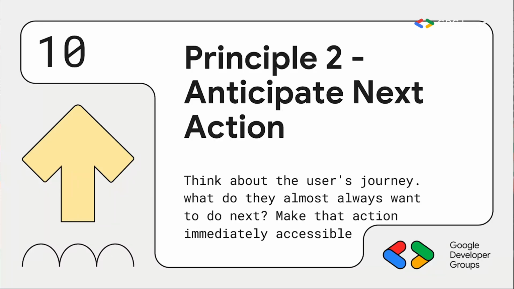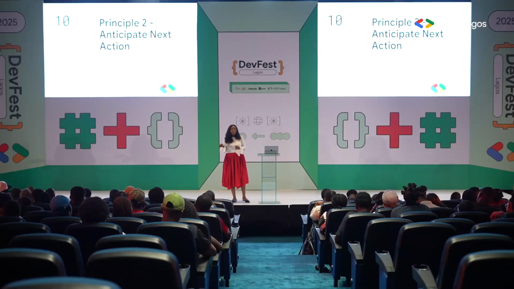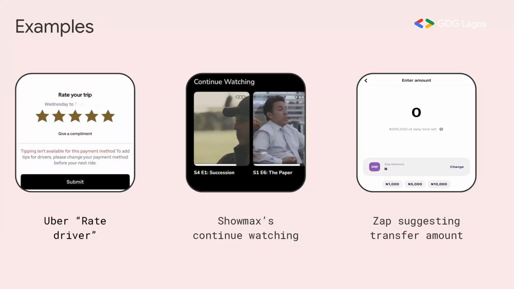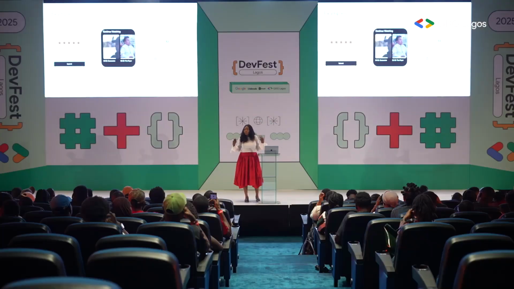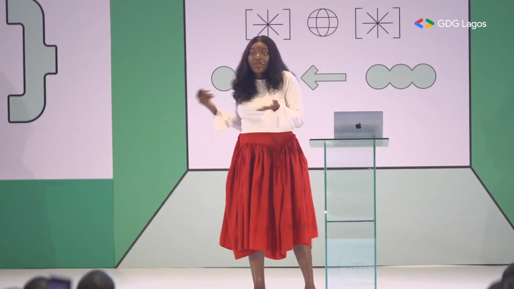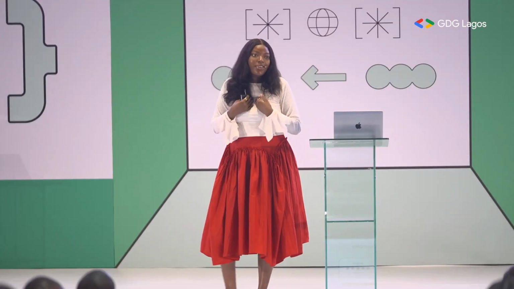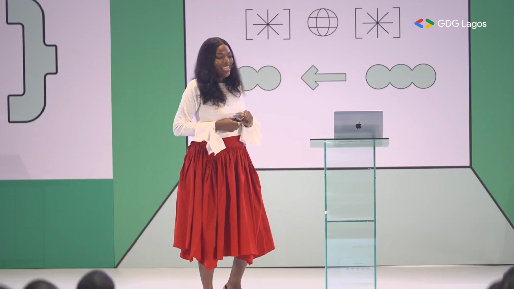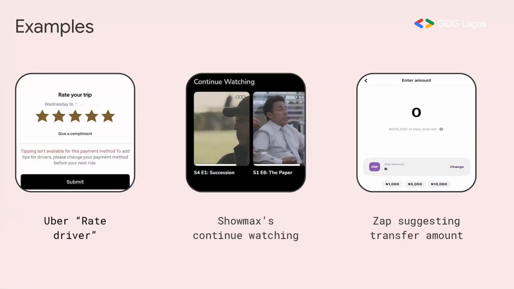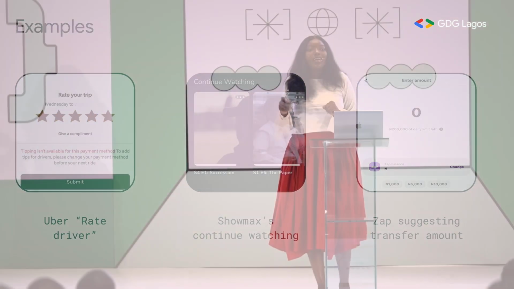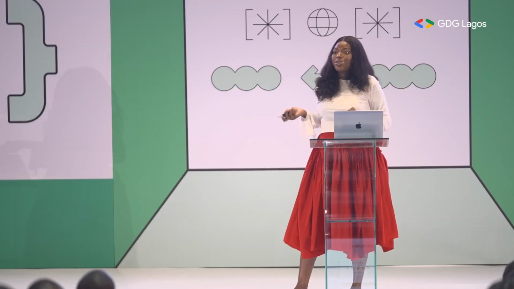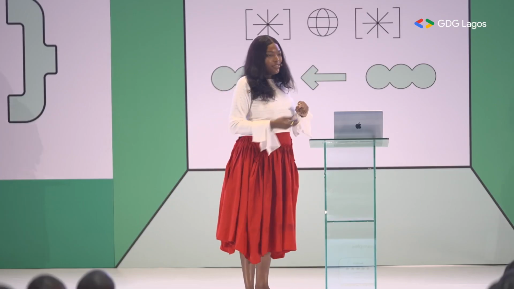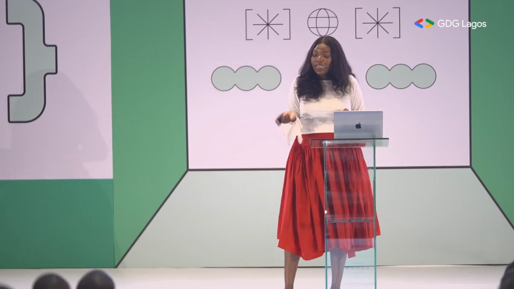Second principle is anticipate the next action. If your user performs action A, what are they likely to do next, right? For example, the way Bolt prompts you to rate your drivers after every ride, even though I know most of us don't do it, but I have a lot to say most times. That feature comes in handy. The next one is streaming services asking you to continue watching. It's pointless if you're watching a show and you shut down your laptop and you now have to search that show again. So, anticipating your user's actions.